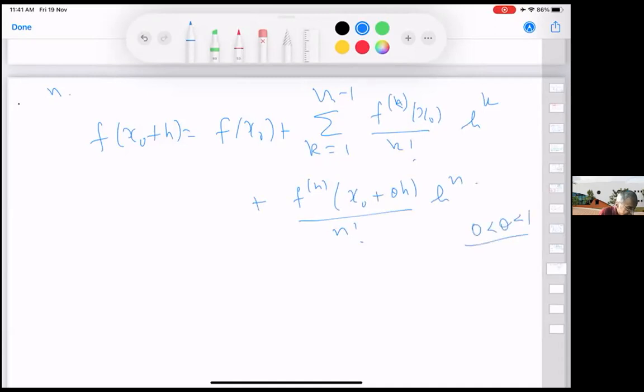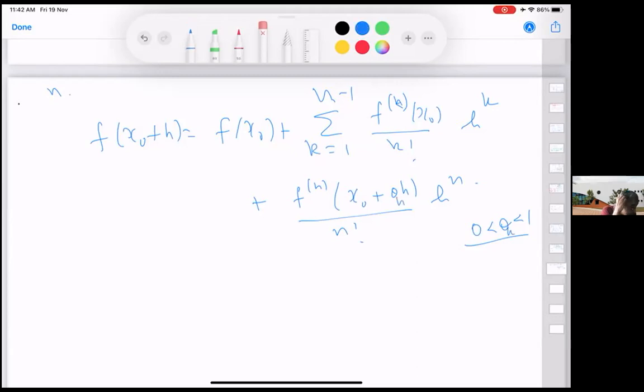So in whatever way I had written, the remainder term can also be expressed in this way, whatever the Taylor polynomial, the original version, not the second version which I gave. So you have the function differentiable n times, you have taken the polynomial of n minus 1th degree plus the remainder term. The remainder term is the nth derivative at some intermediate point between x0 and x0 plus h. So here I have written it as x0 plus theta h, where theta is somewhere here. But theta itself is a function of h. It's not a constant.